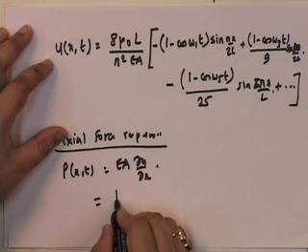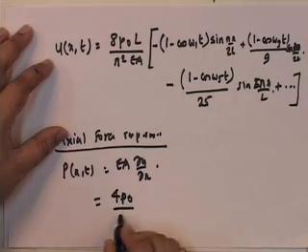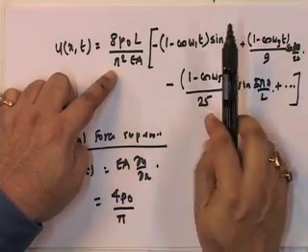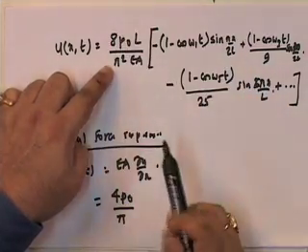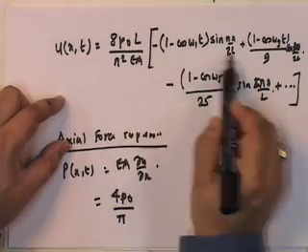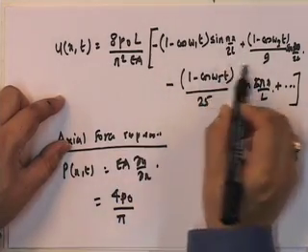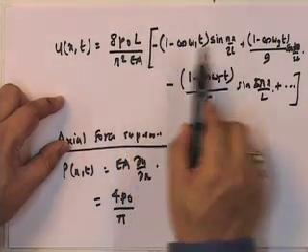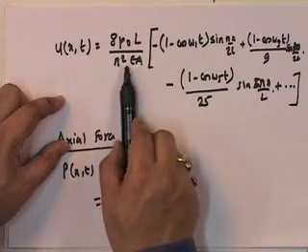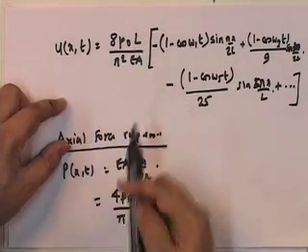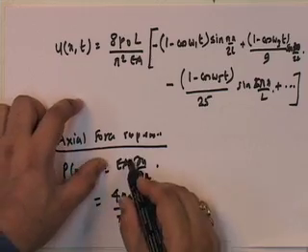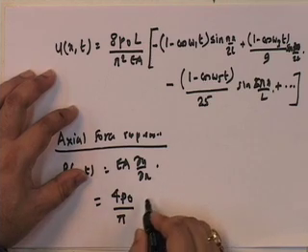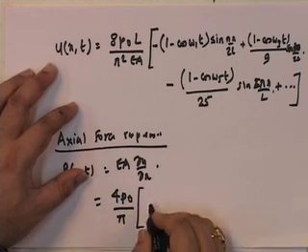This becomes equal to 4 P naught upon pi. The pi upon 2L comes out in every case, L cancels, EA is already gone, and the pi cancels, so it becomes 4 P naught upon pi into, now the